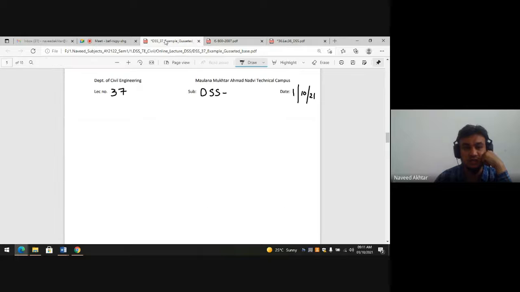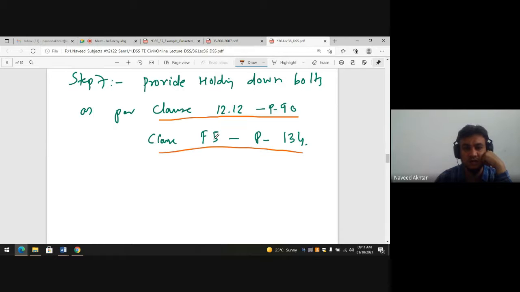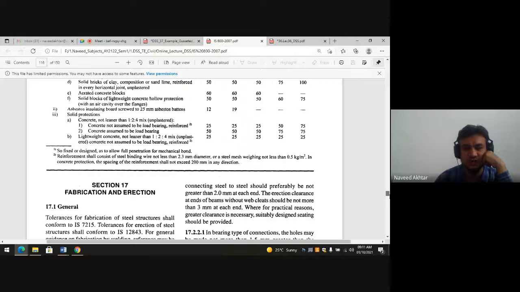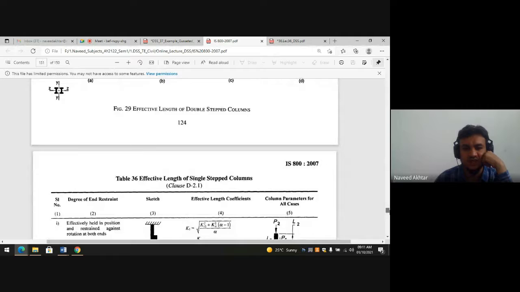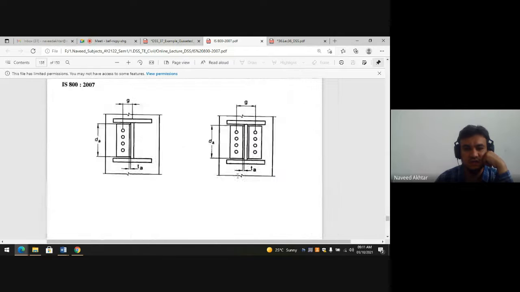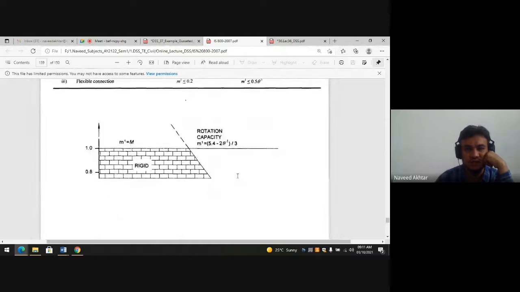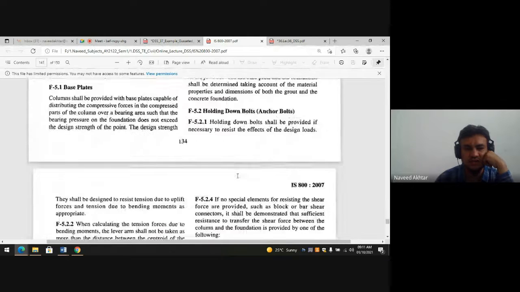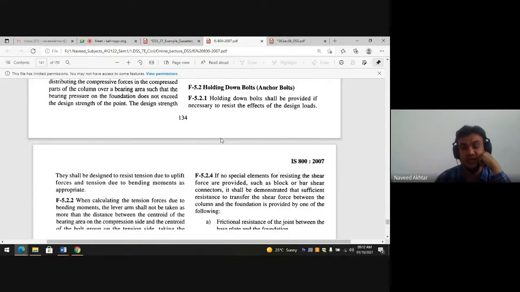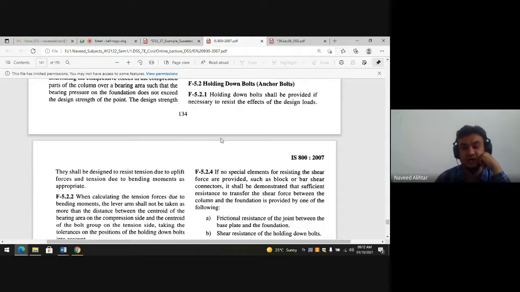Another clause for the design of this bolt is on page number 134, that is clause F5 of the appendix. So we will go to 134 also. You will see that clause, and then we will start the example. Okay, at page number 134. All these things are guidelines given in the IS code. You should read the clauses, and then only you will be able to understand and design properly any type of member, like tension, compression, bending or torsional member.